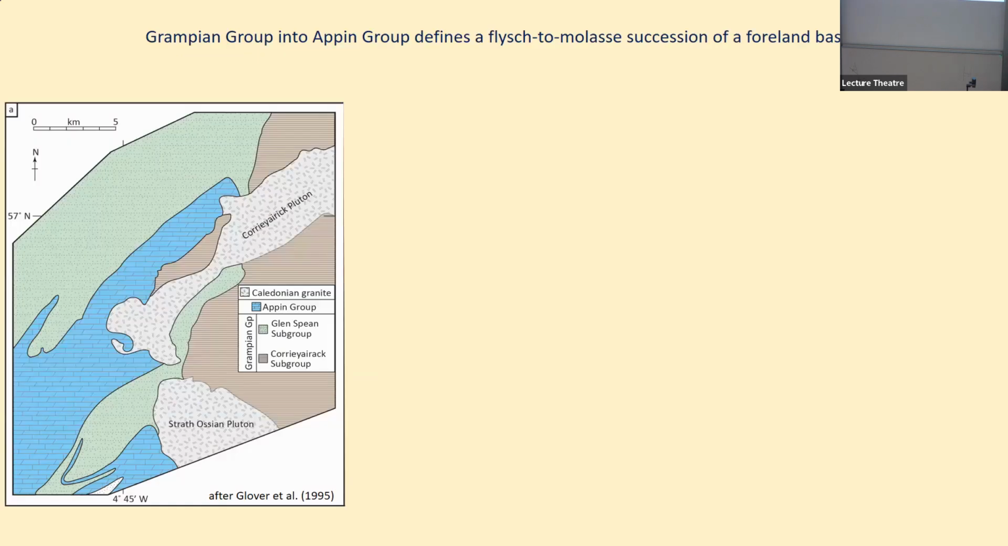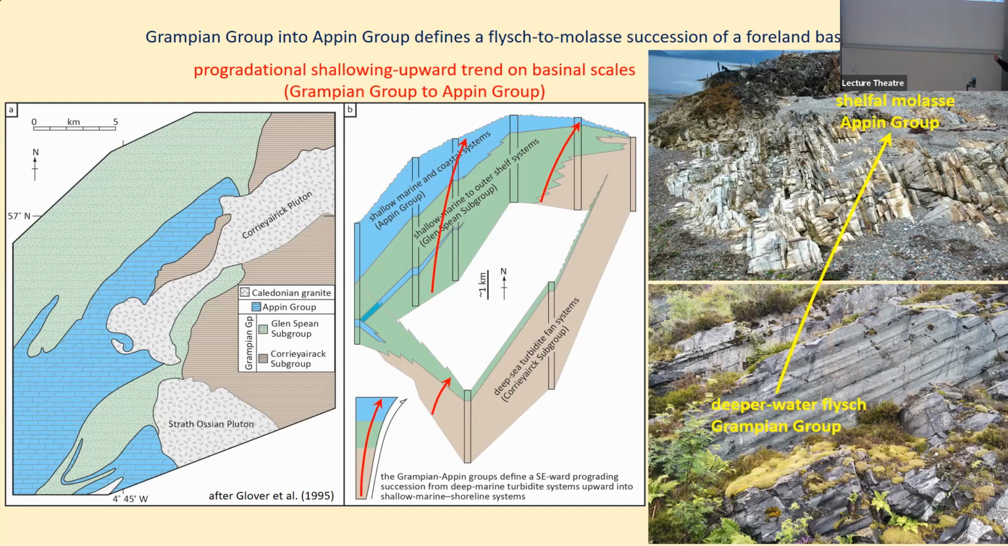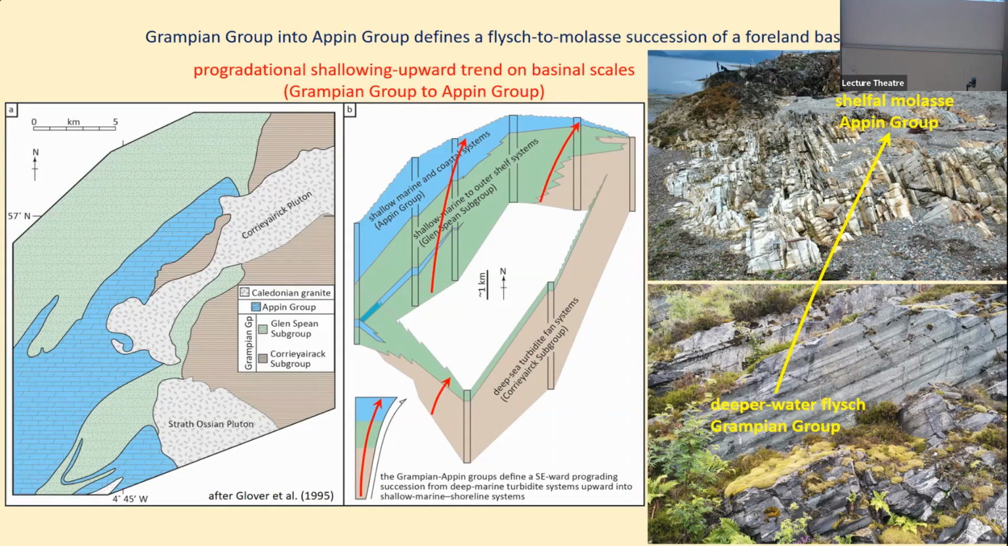Well, if we look at the Grampian Group rocks, where people studied the sedimentology 30, 40 years ago, classic work, a fence diagram shows what one sees stratigraphically and sedimentologically: a progradational shallowing-upward trend. And if we put rocks to it, turbidites, deeper water flysch going upward into shelfal, shallow marine Appin Group rocks over thicknesses of several kilometers. The facies fit, the stratigraphy fits, the lithologies fit, the source areas fit, and therefore